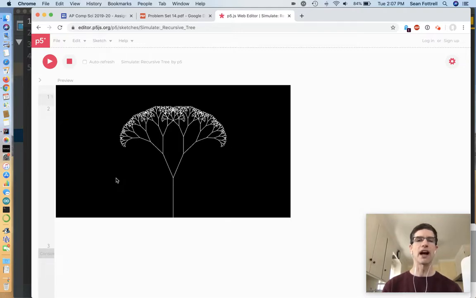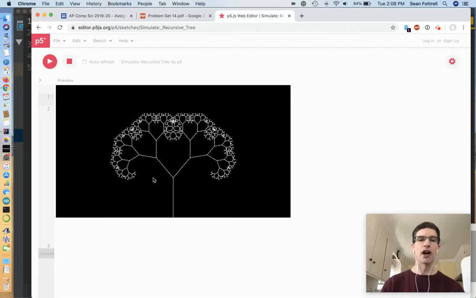Now, hopefully you can see how this is a recursive algorithm in that we've got a trunk down at the bottom. It goes up, it branches into two pieces, and then each of those branch into two pieces, and each of those branch. Each time you're drawing a smaller tree. So you could look at any one part of this and say, oh, that's a tree, right? And so you go up with the trunk, and then you turn one direction, draw a tree, then you turn the other direction, you draw a tree. And each time you're just drawing smaller trees. So that's that example of recursion where there's smaller and smaller sub-pieces that get built on using that same